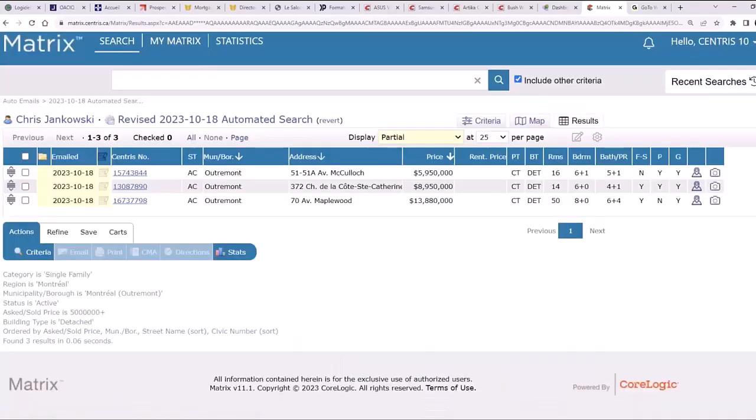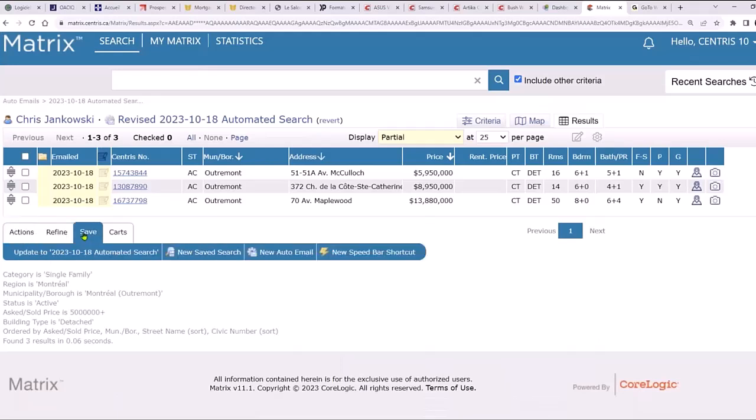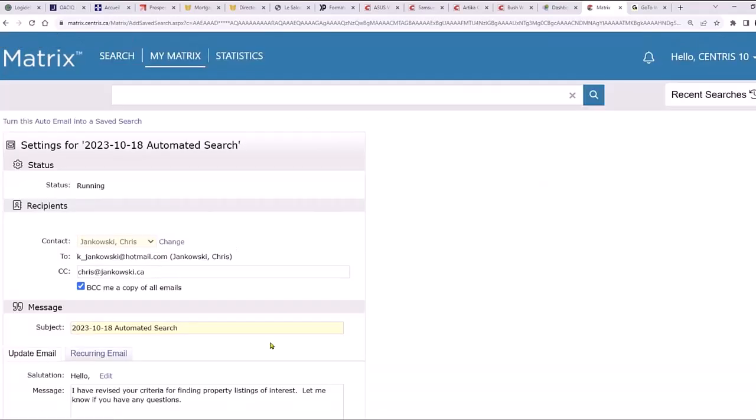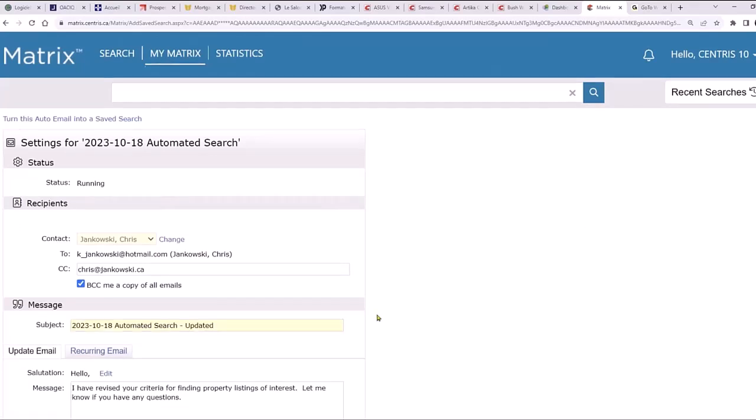You can click results, and if you click here on save, see it says update. So you don't have to create a new search criteria. You can just update the search, and you can change the name, let's say to updated, for example.